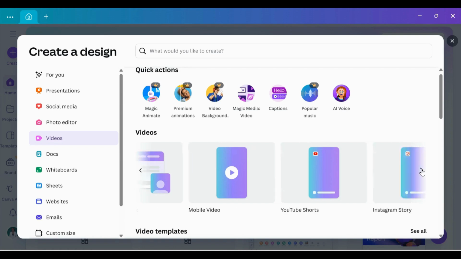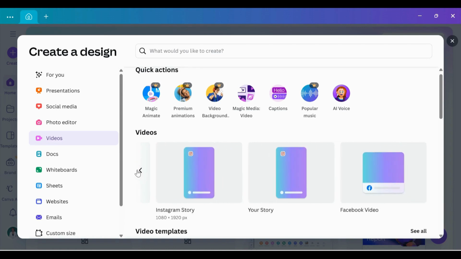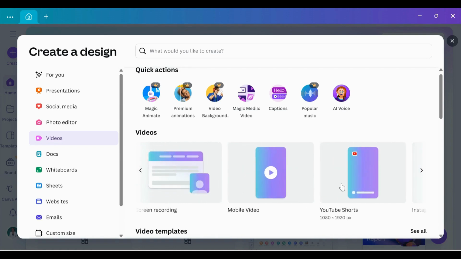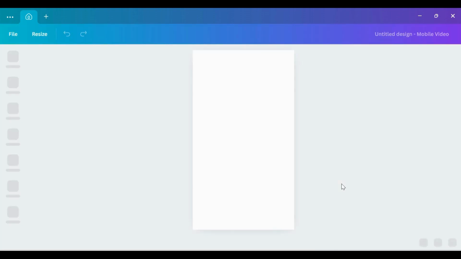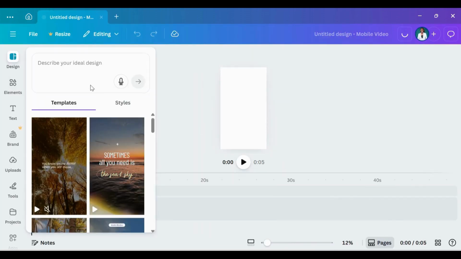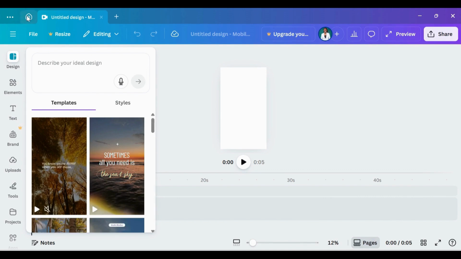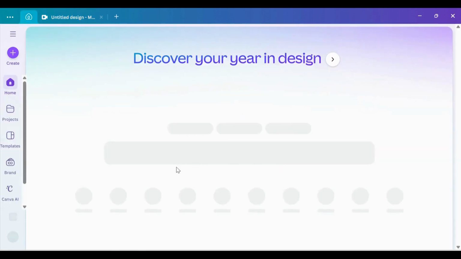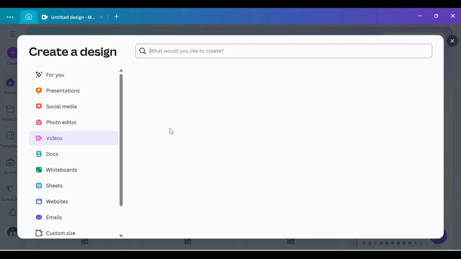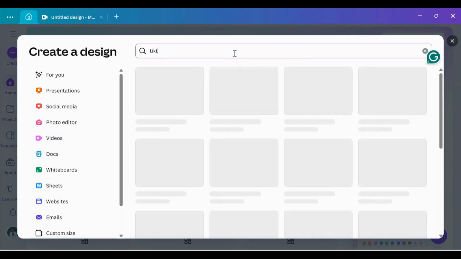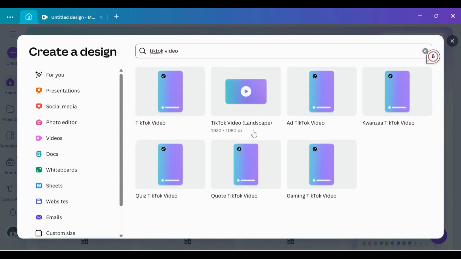And you see that there are various videos as well. So right here on the search bar of what you'd like to create, you just type anything, let's say a TikTok video. It gives you options. You can create a TikTok video, a TikTok story, a TikTok photo mode portrait, a TikTok video in landscape, any of that. So when you click on one of them